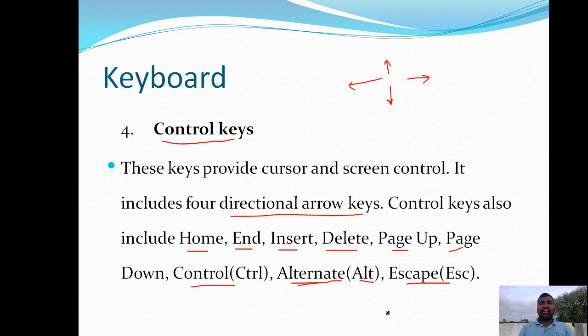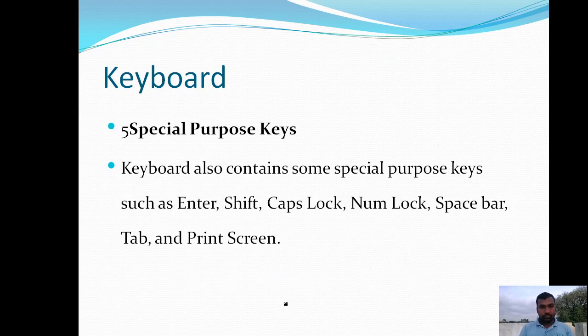Okay, so like this, every key is available on the keyboard for some special kind of operation. And now special purpose keys are there. The special purpose keys include the enter key.